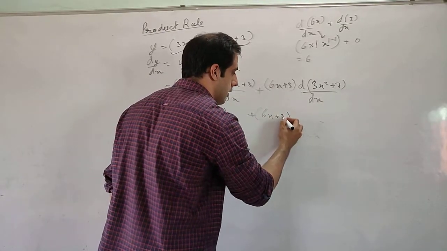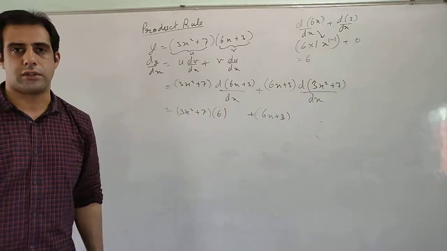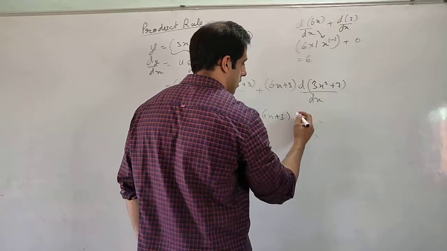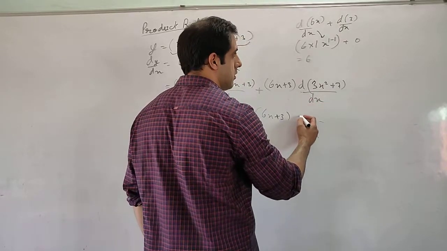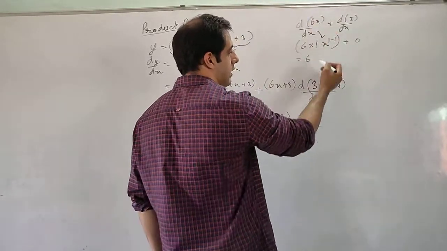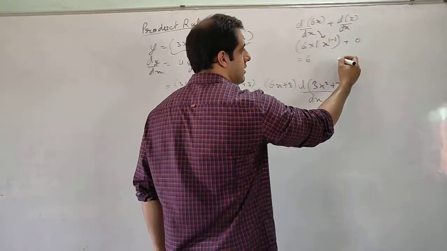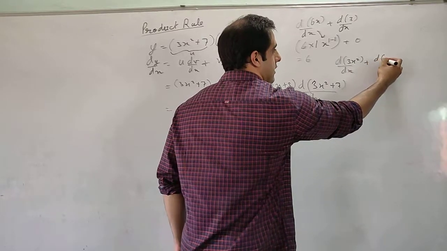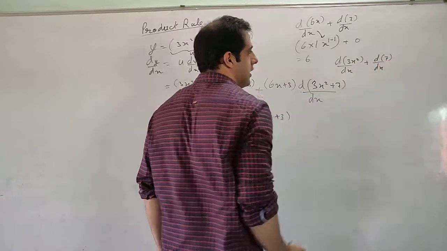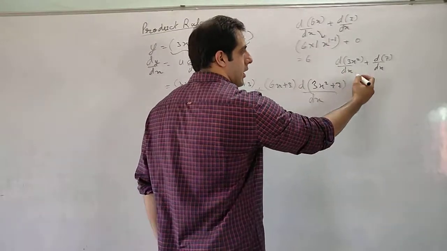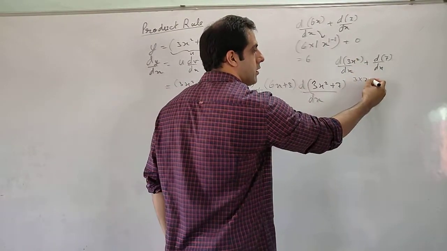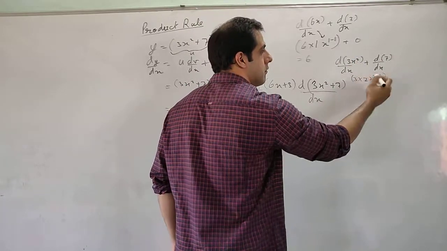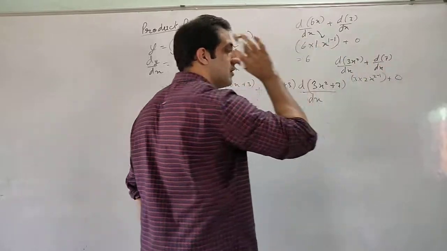Do the second term. Here pause the video, try to do it yourself. Okay. What are we going to do here? Differentiation of 3x square plus 7. Again I am going to break this into two parts just like this. So we will have differentiation of 3x square by dx plus differentiation of 7 by dx. Differentiation of 3x square, 3 into power into x to the power reduced by 1, 2 minus 1, plus 7 is a constant, differentiation will be 0.